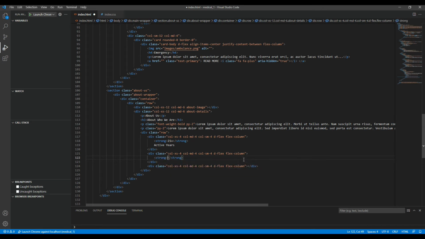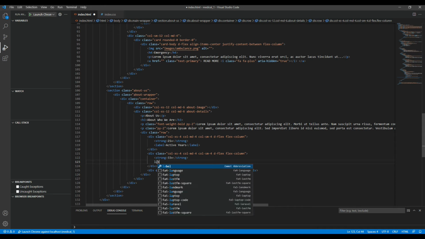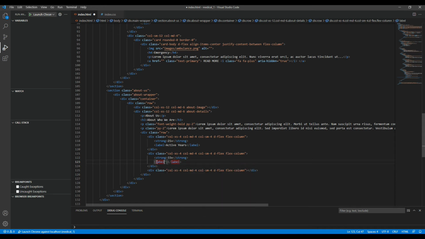This one will be something like 33 plus. This one should be inside a label. Just remove that one. Specialists,